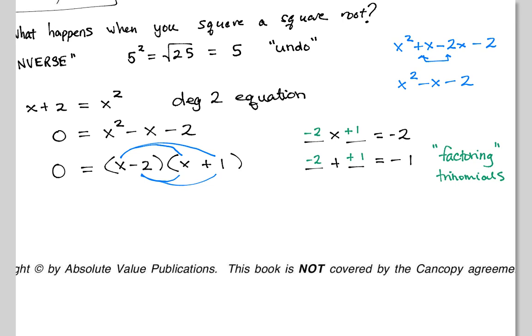If I gave you these two things in a bracket and I ask you to FOIL it, a lot of you guys will have no problem with that. But if I ask you to do the reverse process where I give you the trinomial and ask you to find the two factors, it's a little bit tougher. Listen, let me pause the video. Now I want you to think about